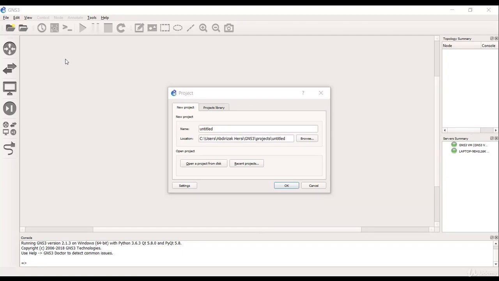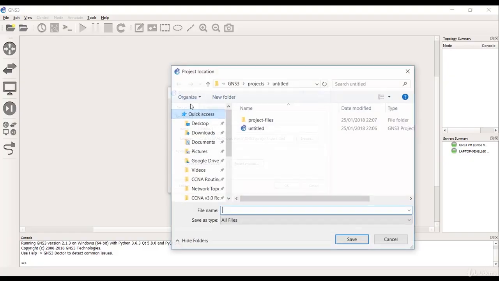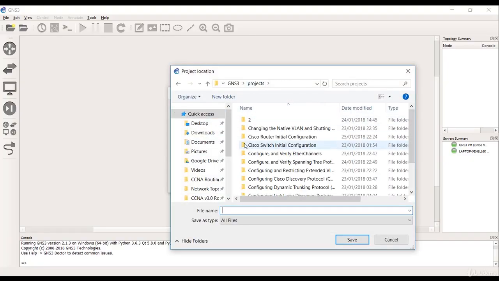Configure IPv4 addresses on Cisco routers. On our topology, there is actually none. We haven't created any topology yet, so we need to create a new one now. What I need to do is click browse and go back to projects and create a project